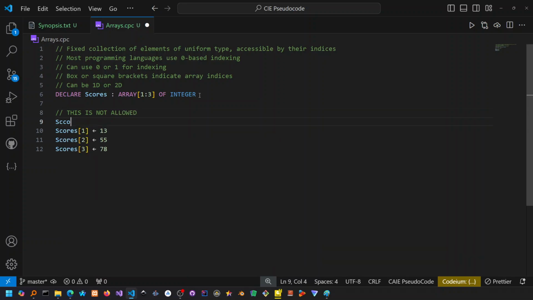So let's say you wanted to assign all the scores inside of your array a value of 0, and you would think to do something like this, right? So you're saying this is illegal. You cannot do this. So later on, when we look at